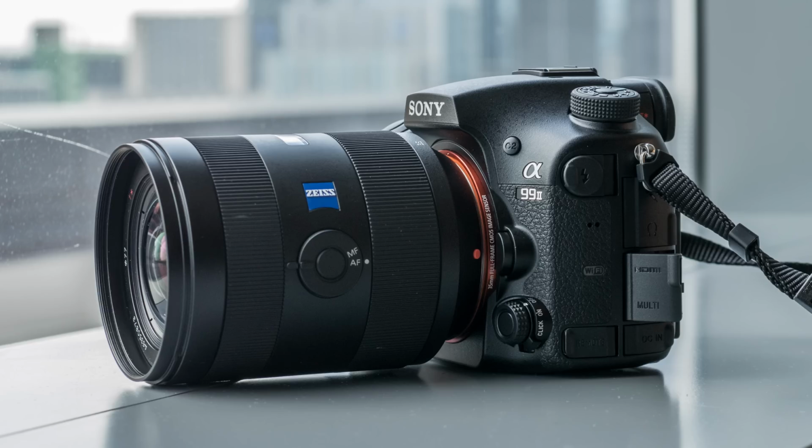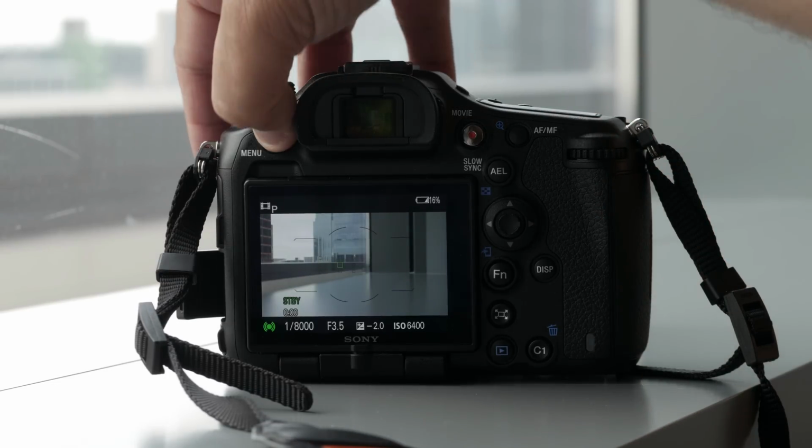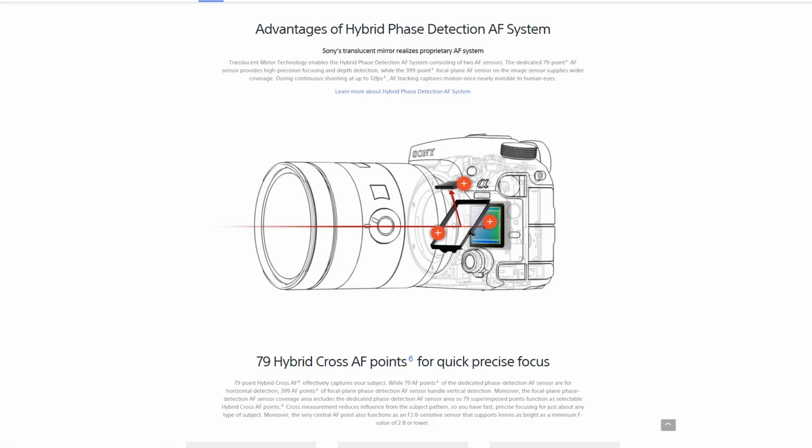You have a translucent mirror in this one. Sony's been doing that for a little while now. This is kind of the point where I'm beginning to wonder if it's a good idea or not. When mirrorless cameras were not very good, especially with the autofocus system, it was kind of giving you some of the benefits of mirrorless without having to completely go to mirrorless and still be able to use a traditional AF system. So Sony is saying it's still extremely relevant, because basically what it's done is taken its mirrorless style on-sensor